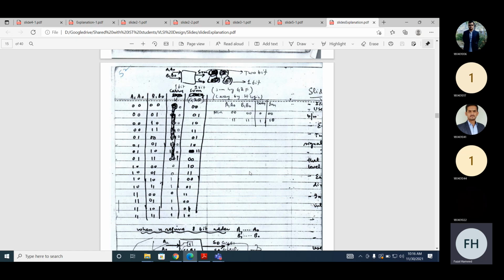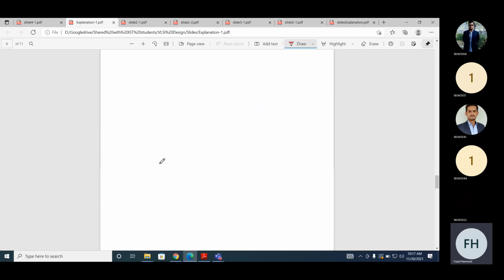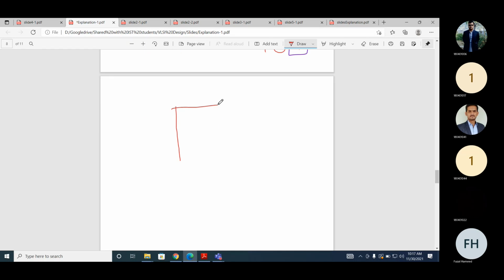If you look at these lookup tables, can you see the lookup tables here in slide 2-1? There are 2 lookup tables. And if you want to implement a 1-bit adder, what will be the inputs to the 1-bit adder?